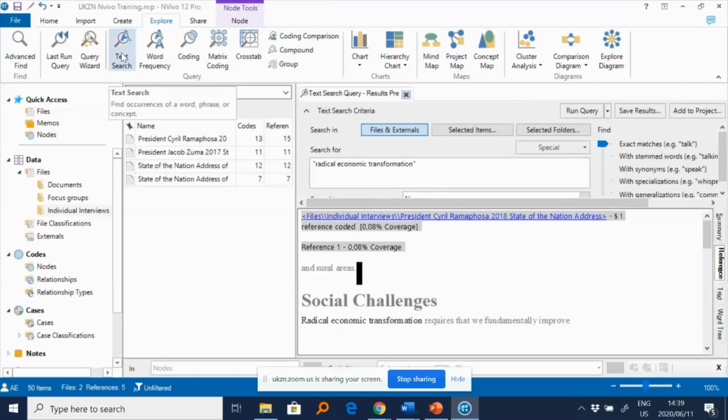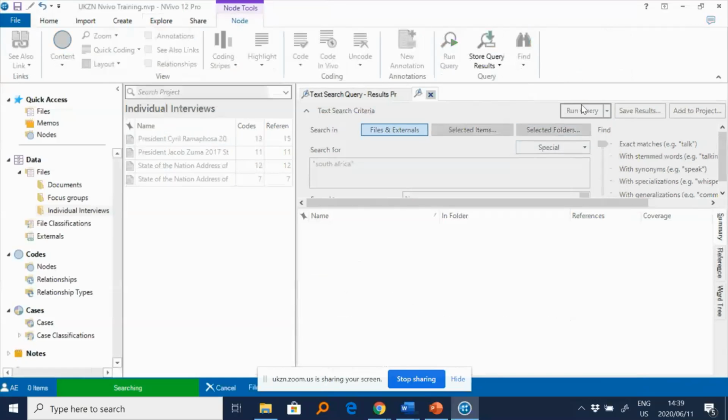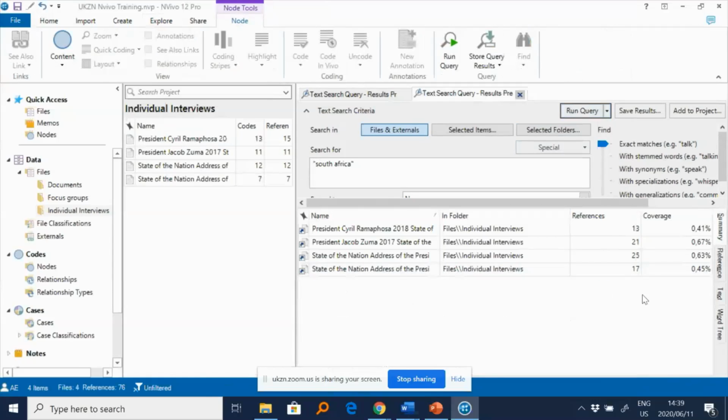The one of text search. You come to explore again and you say text search. Remember, you have to use your Boolean thing. You say South Africa. So you're forcing NVivo to look at the words as they appear in the parentheses. So if you run this search now, it will only pick results that are about South Africa.